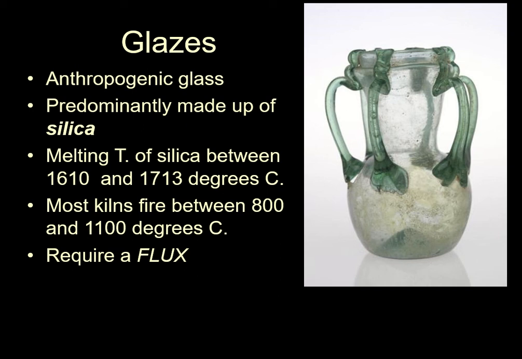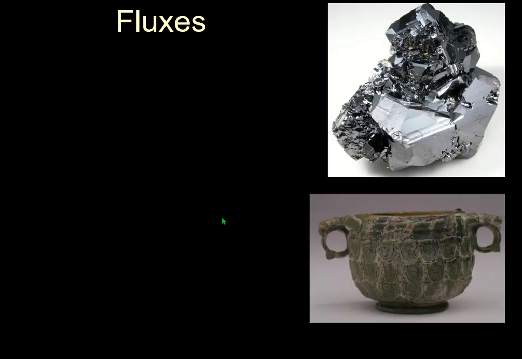very Canadian content here, you add salt to ice on your sidewalk to make it melt at a lower temperature. Because the crystalline form of water is ice. But when you add salt to the water, it then has a lower solidification temperature. It has to be really, really cold before salt water will freeze. And so we don't get that here. And so it acts as a flux to make the ice melt. So a flux added to silica will also make it melt.